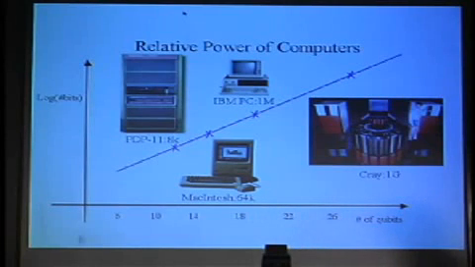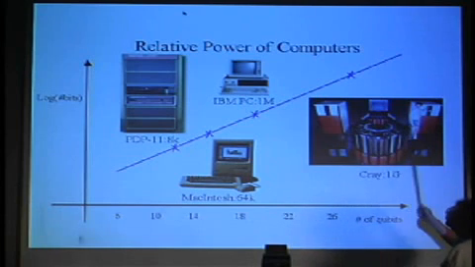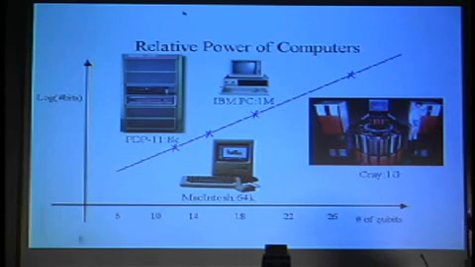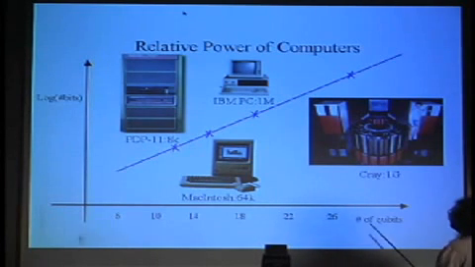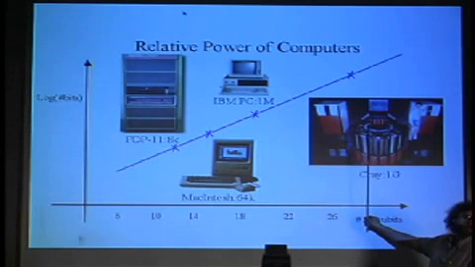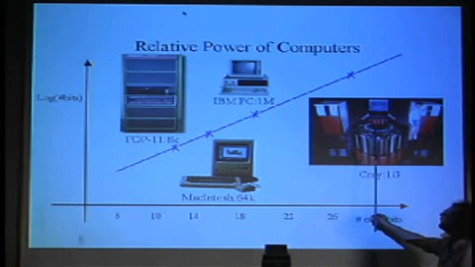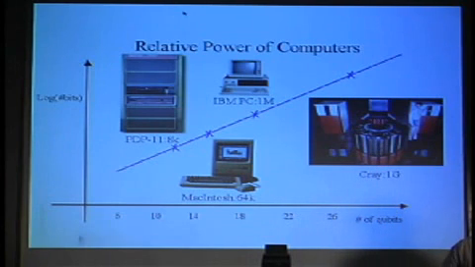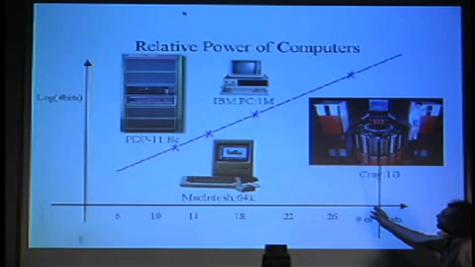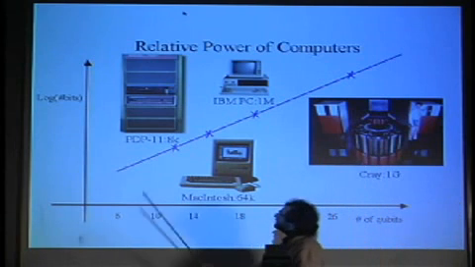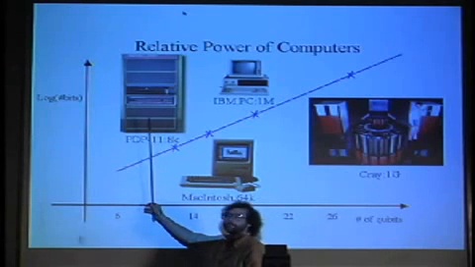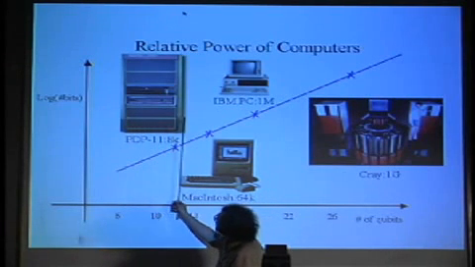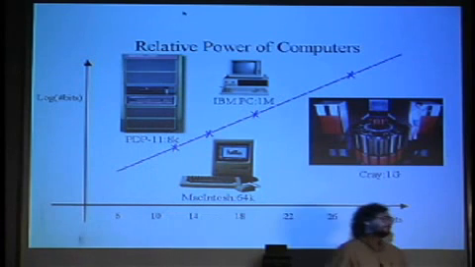Now, of course, the PDP-11 is a horribly old thing. You might say, well, okay, the Cray is a horribly old thing too. But for something like a Cray, you need to have all of 30 atoms in order to have the same computational power that you would have with a Cray, provided that you could control those 30 atoms and follow the full dynamics of them. So where we are today is that we can do quantum computations on about 10 qubits. So we're not quite up to the PDP-11, but we hope to get there someday.